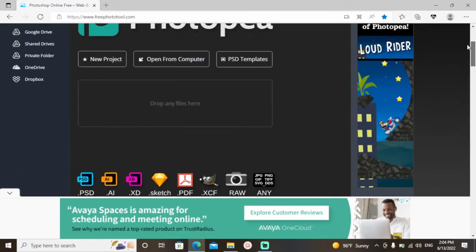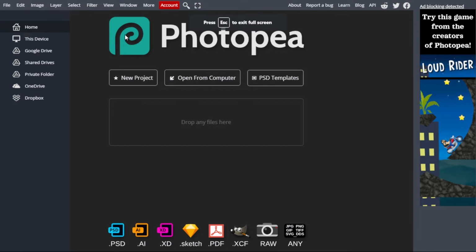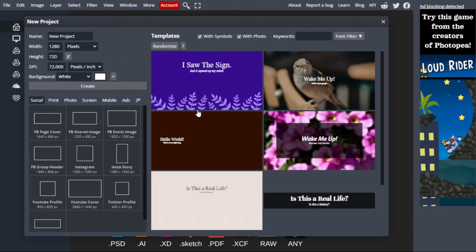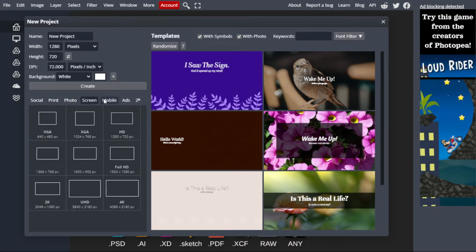freephototool.com, and this page will appear here. So go ahead and select full screen. Sorry. And then as you can see, this is totally just like Photoshop completely. So go ahead and select new project. For example, let me show you what this application can do. So as you can see, there are many different sizes, whether it's social media, print, photo, screen, mobile, ads, and